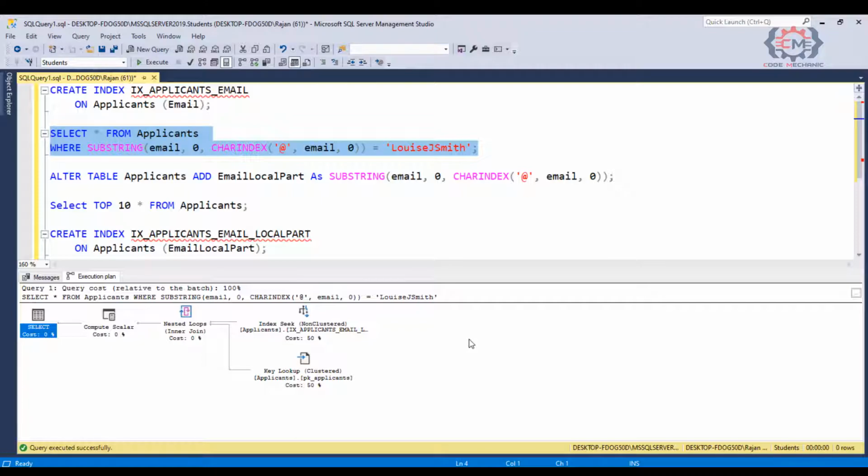So, what you want to remember is to be on the lookout for any type of function or expression on the left hand side of the where clause expression in your SQL statements, because those won't be able to use regular indexes on your table. However, if you do need to be able to search for data using a computed value, then you can use the technique that I have just shown you, where you first create a computed column on the table and then create an index over that computed column, and that will allow your statement to use an index and consequently perform much faster.